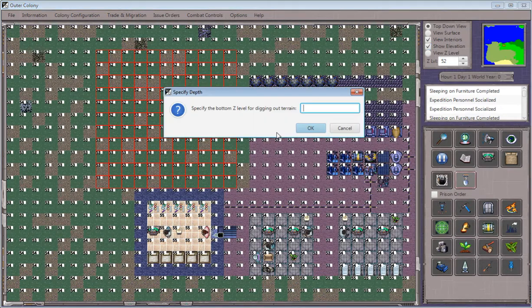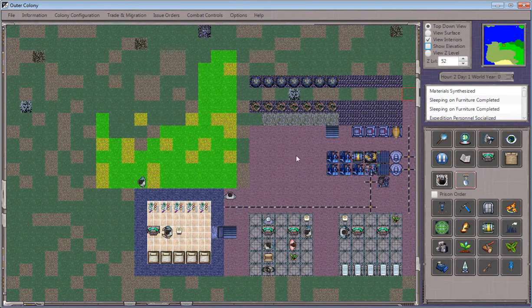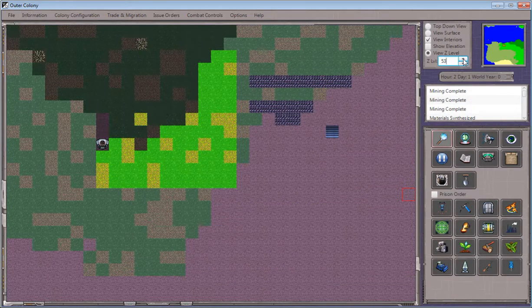Release the left mouse button, specify that we want to dig down to level 52, and then we will get all of our colonists busy working on clearing this out. So they'll chug away on this for a minute, and then once they do so, at Z level 53, we'll go ahead and we'll left click our area designation tool,